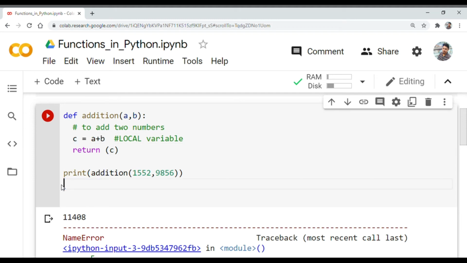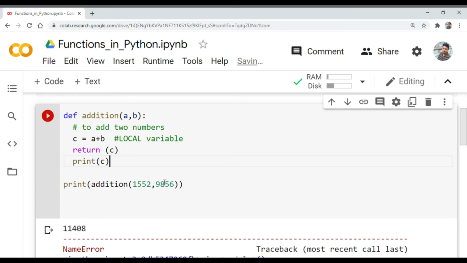Now let us try print c inside the indentation. Let us write it in the same indentation. Now c is a local variable and we can directly access it, so we'll be able to print it. Let us remove the last one.